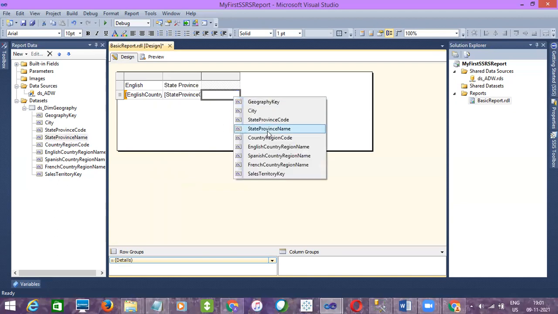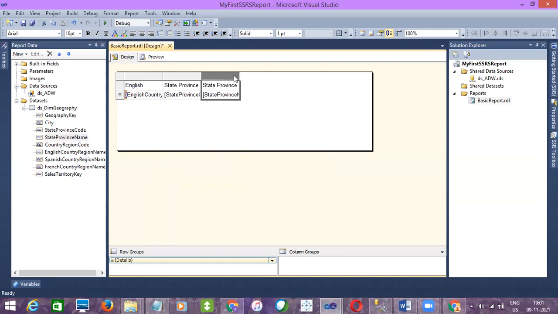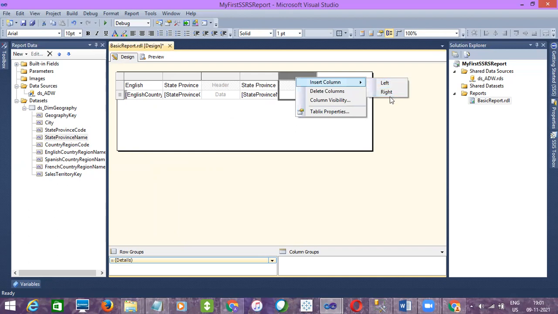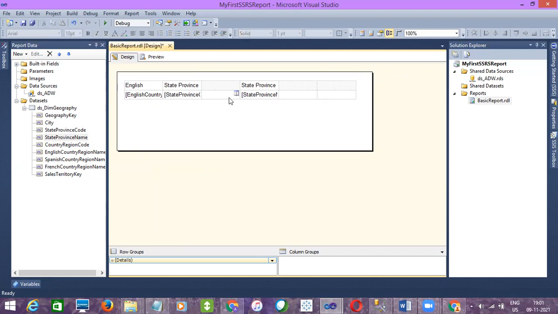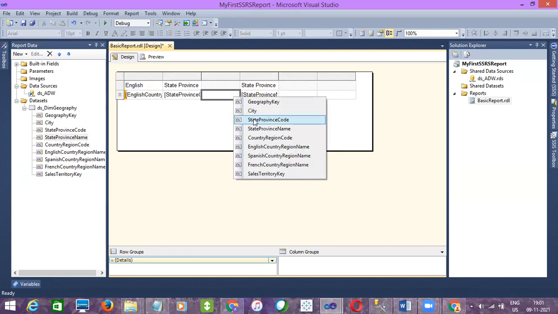I'll select state name. And if you see, by default it will add only three columns. If you want to add more, right click, insert left or right. I'll add right, and if you want to add left, you can add left as well. So if you want any column here, you can add it.